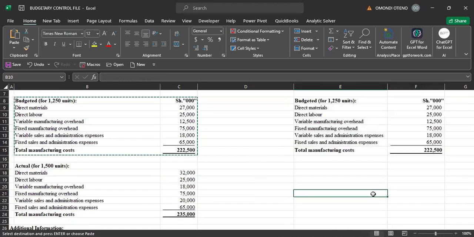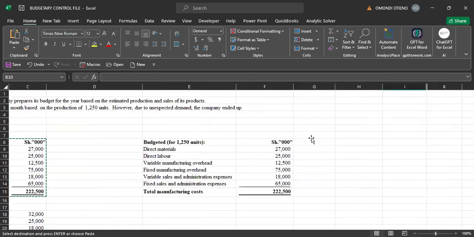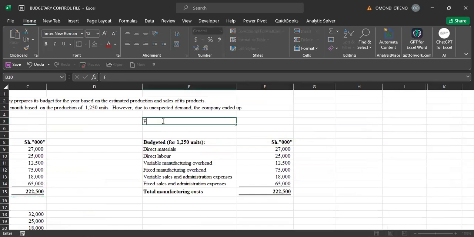So now, for us to be able to flex this particular budget, budgeted production is 1,250. Actual production is 1,500. So how do we normally calculate the flexing ratio? That is FR in bracket, flexing ratio. So our first step is to come up with a flexing ratio. Flexing ratio is equal to